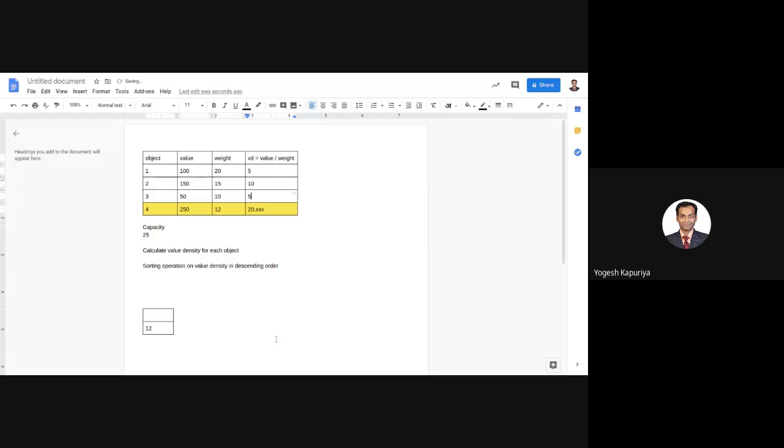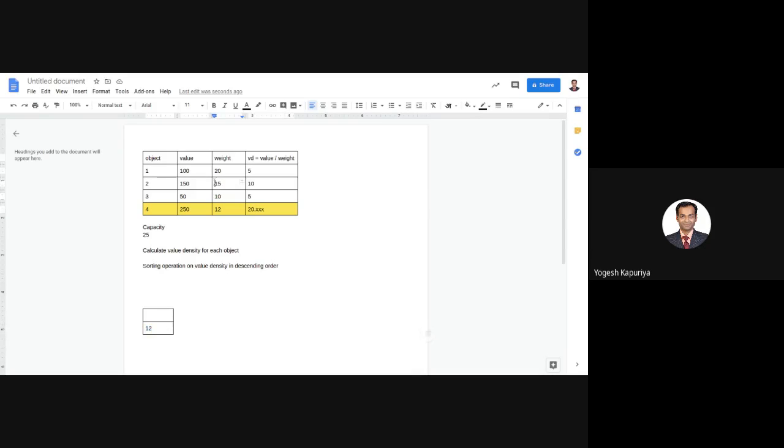Okay. Now which one is next? Next is object number 2. Now the question is, when I put this object inside the knapsack, what will be the total weight of the knapsack? It is 12 now.